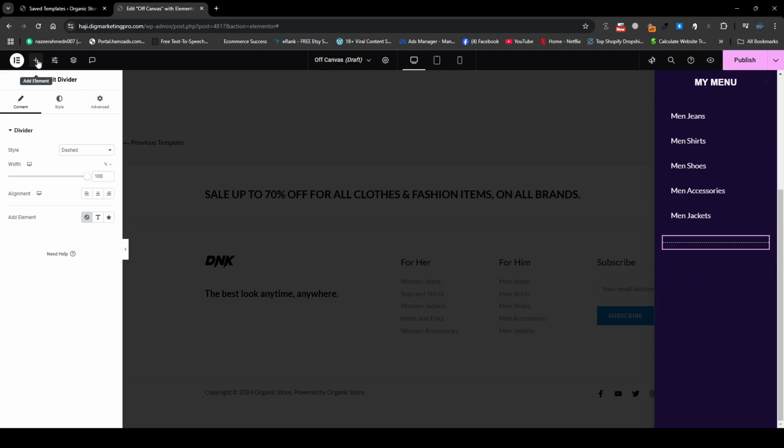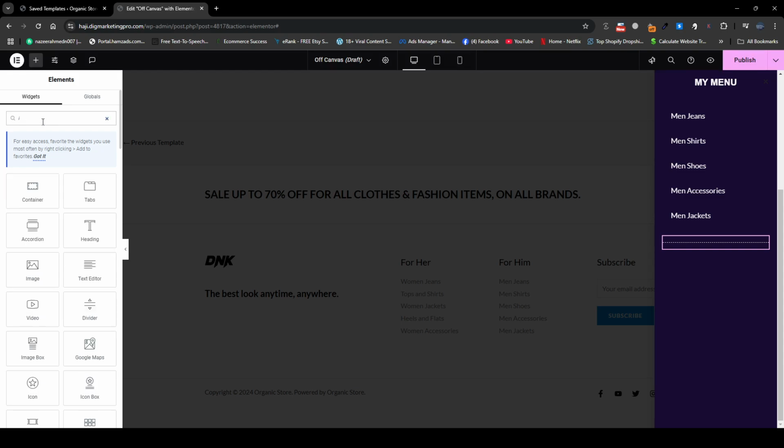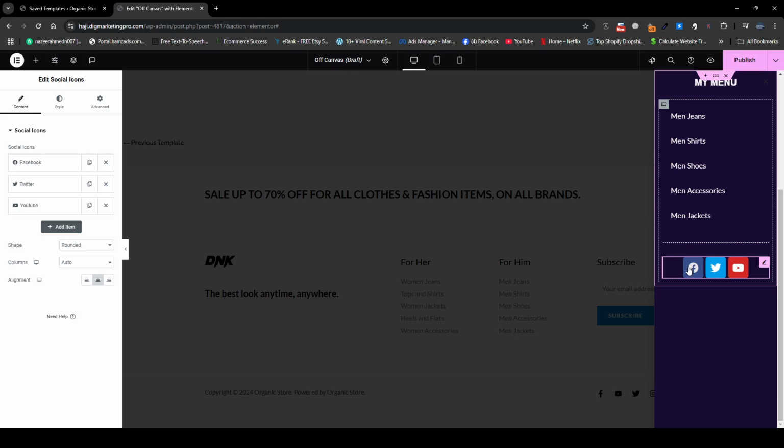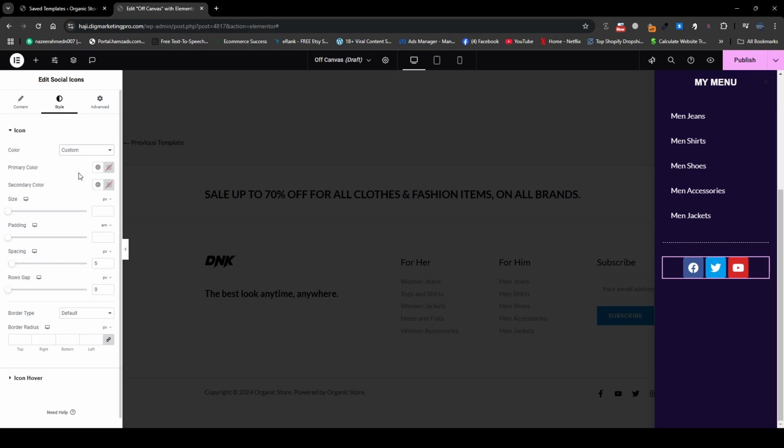Let me go back to the widget section and search for social icons. Here it is, and we can insert our social icons here. I will go to the style tab, official color, and make it custom.